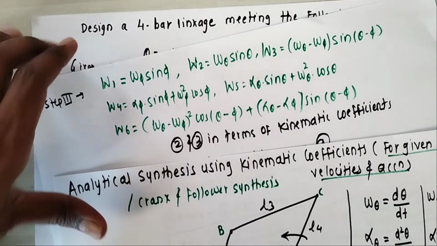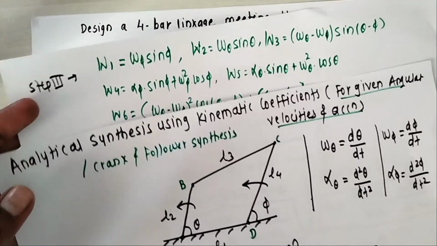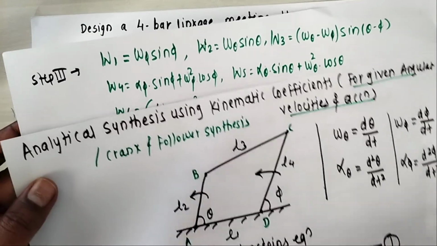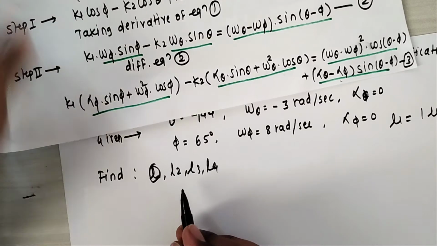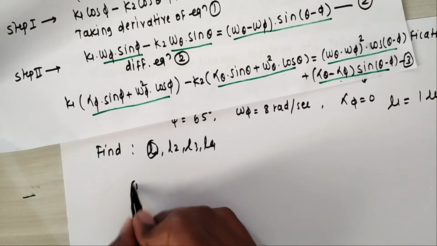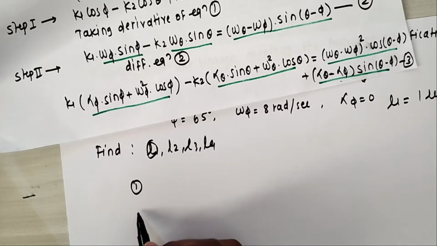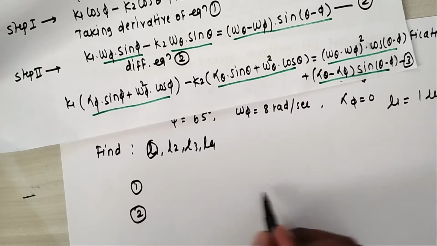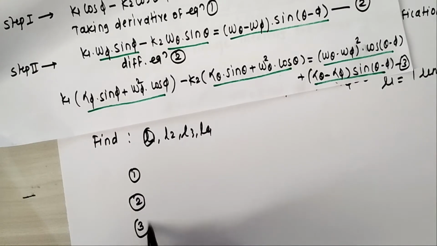Okay, so step 1, step 2 and step 3 are clear. So in step 3, we obtain these kinematic coefficients. I am writing them here now. In step number 1, we get Freudenstein's equation. In step number 2, we obtain equations number 2 and 3. Now in step number 3, I have obtained